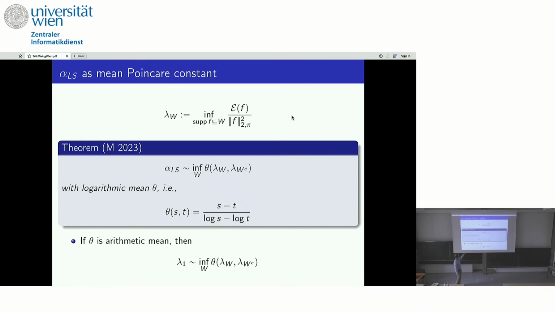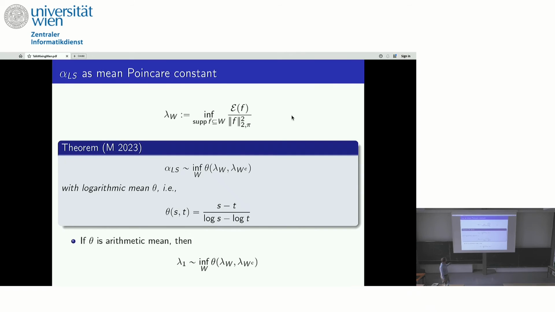So basically this best log-Sobolev constant can be estimated as some mean of these Dirichlet eigenvalues of these parts, and you infimize over the partition. What you have to take in this case is the logarithmic mean. Some intuition is, if you take the arithmetic mean instead, you basically get, up to a constant, the Poincaré constant, or the spectral gap. So if you have seen anything like this, in any setting, I would be very glad to hear about it. In my case, I've proven this for graphs only, but I very strongly assume that it should be just the same in any setting.